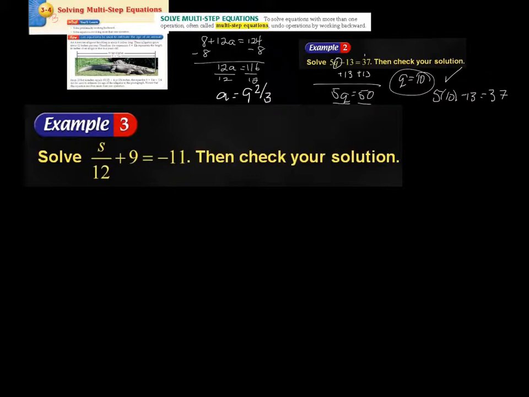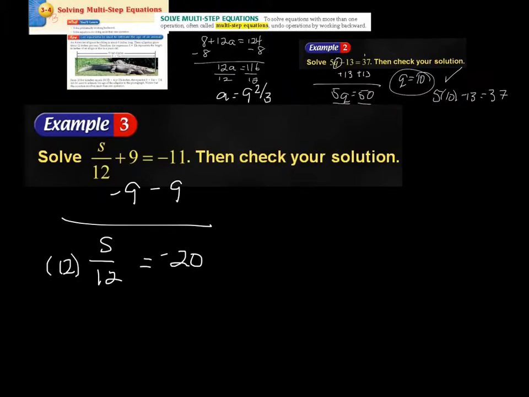So for example 3, they want us to solve s divided by 12 plus 9 equals negative 11. So to undo, the last thing I'd do if I was substituting in would be to add 9. So I'm going to undo the add 9 by subtracting 9 from both sides of the equation. And I have s divided by 12 equals negative 11 minus 9 would be negative 20. And then to undo divide by 12, I'm going to multiply both sides by 12. And I get s equals, negative times positive is negative, 2 times 12 would be 24, so it would be negative